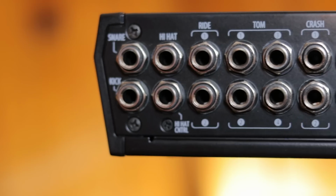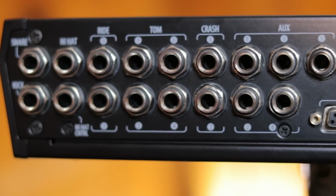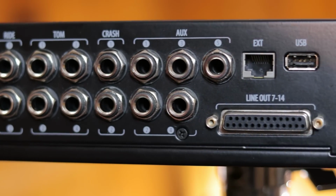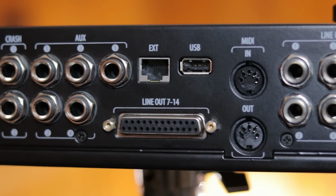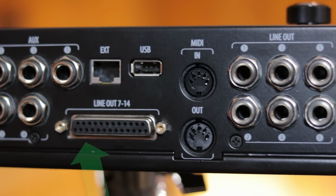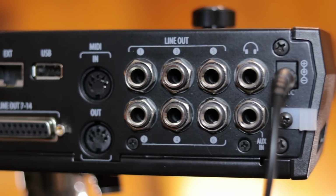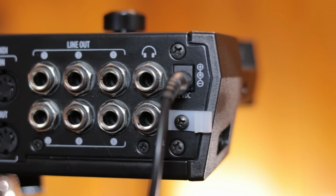You can split those and basically double what you got there, plus plug in an extra slave drum module giving you even more inputs. You're not going to run out of extra slots on either one of these drum modules. They've got you covered. You get 16 direct outputs, which are all assignable. 8 of them are 1/4 inch and the other 8 are from a DB25 cable snake, which you will have to buy separately. You've got 1 aux input, 1 headphone jack, MIDI in and out, an SD card slot, and